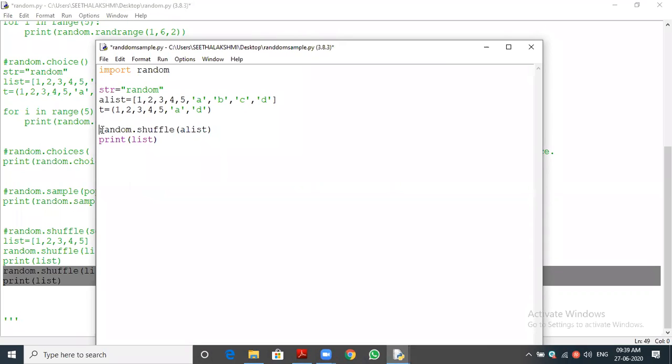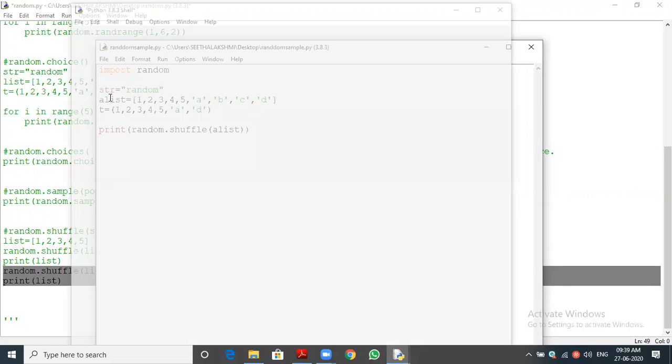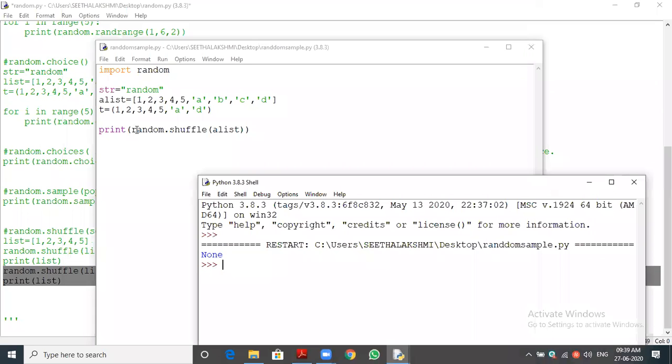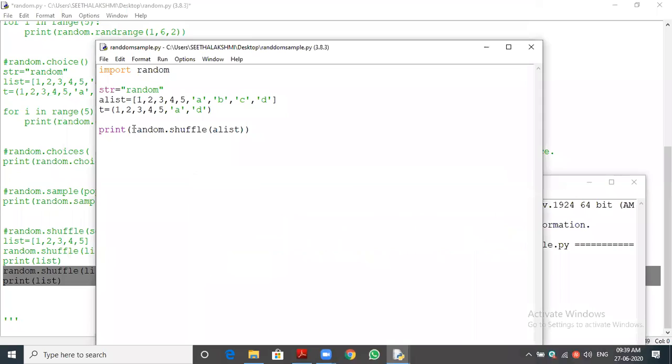Print of random dot shuffle of A list. Then this line is not required. So I'm saving and running it. Oh, none. A list contains none. Okay, I will print in the second line. Understood. The shuffle function will shuffle, then we will print it.